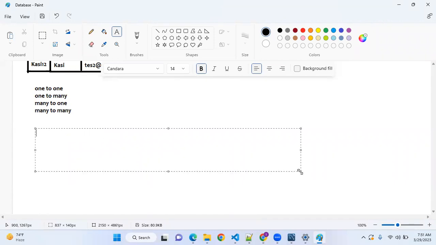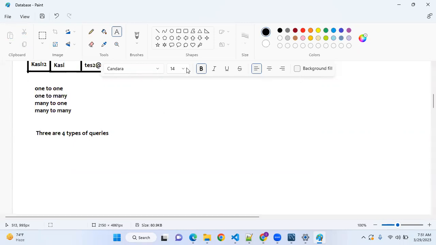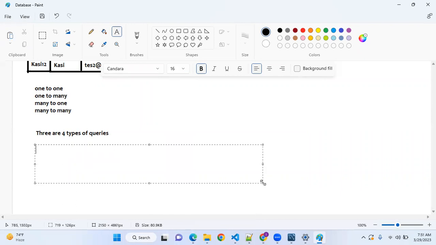Before that, let me categorize the queries. There are 4 or 5. I'll talk about 4 types of queries: DDL, DML, DQL, TCL.